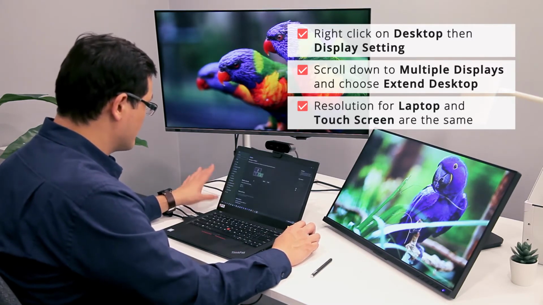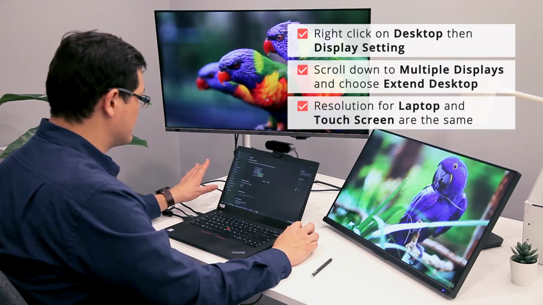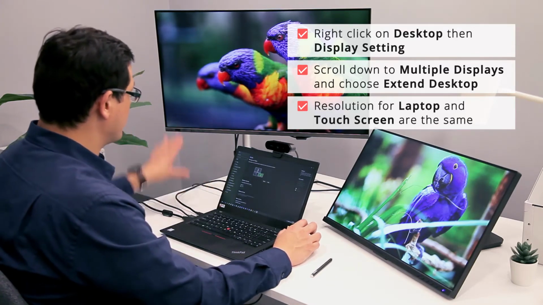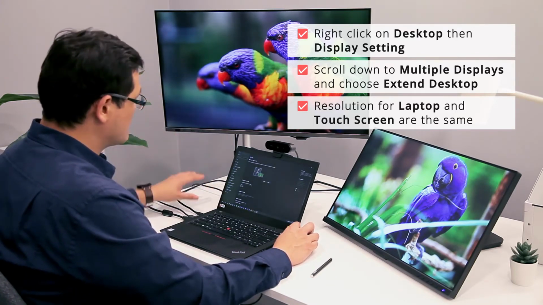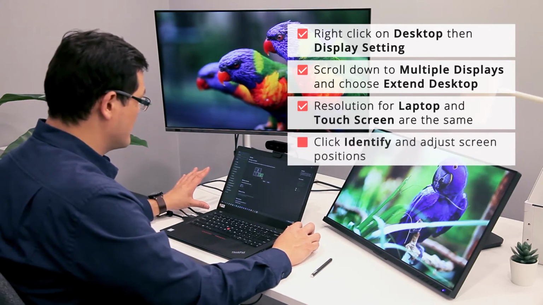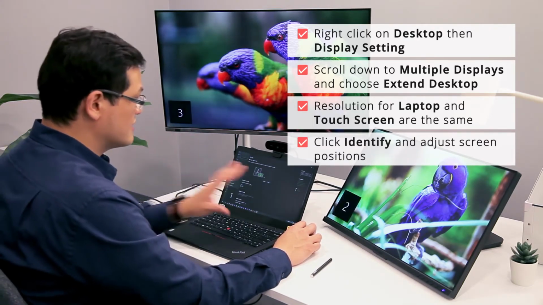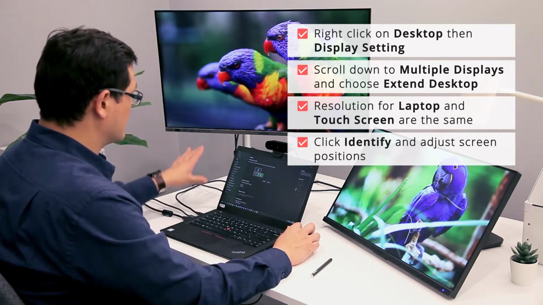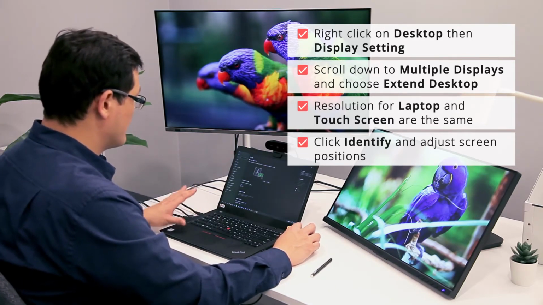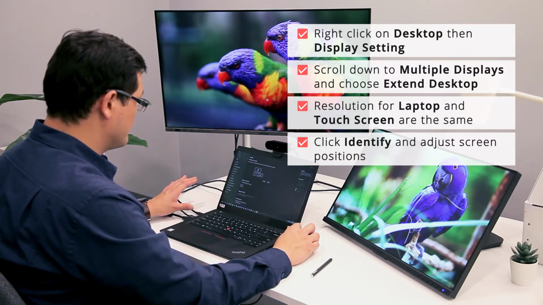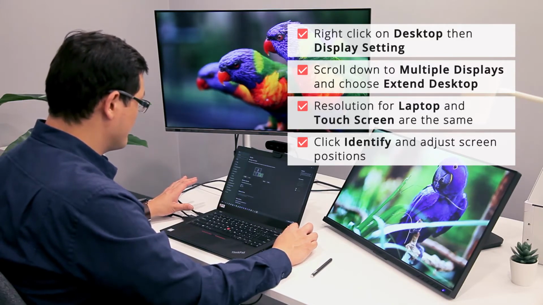The third thing I want to set up is the spacing. Since I have my large display on the top, I want to make sure that I leave it on the top. A quick way is to just click on identify so I can see which screen is where and set it up accordingly. Once I'm done with that, I just click on apply,